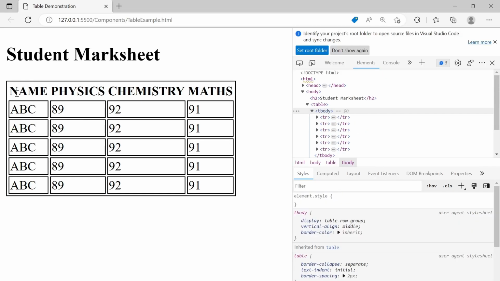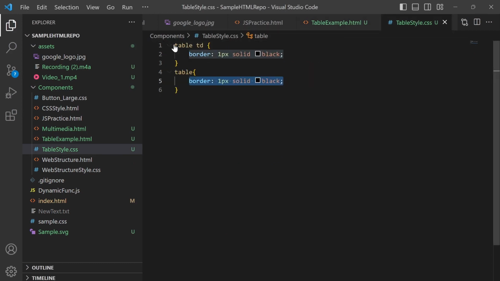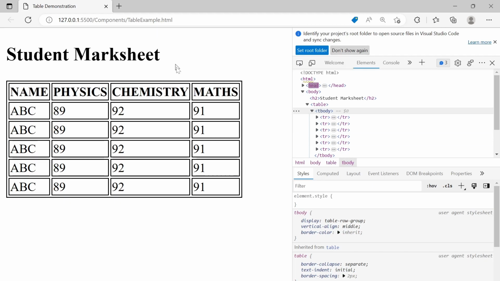So see, the content is bold now, so it is very easy to understand that these are table headers. And again I need to add the border to this also. Okay, so we have added the border, and it is looking good now that it is bold.